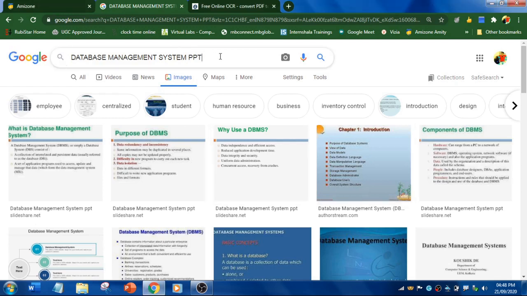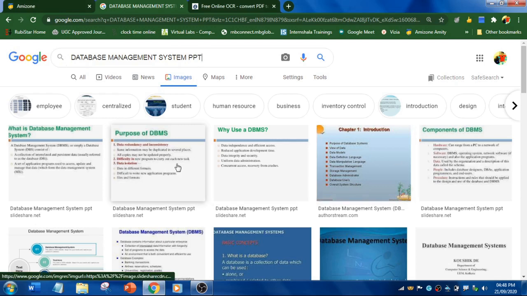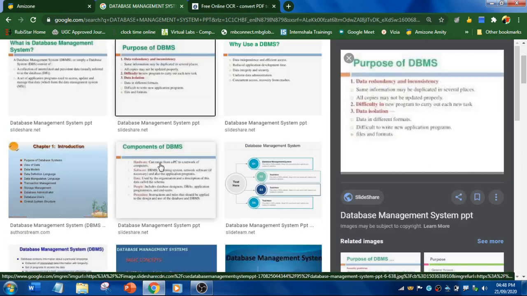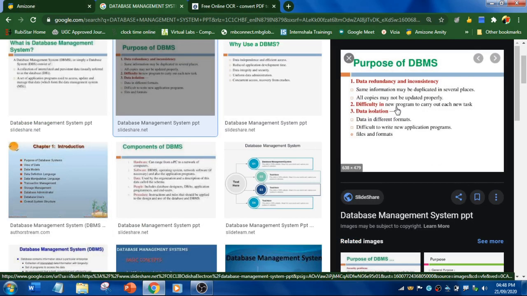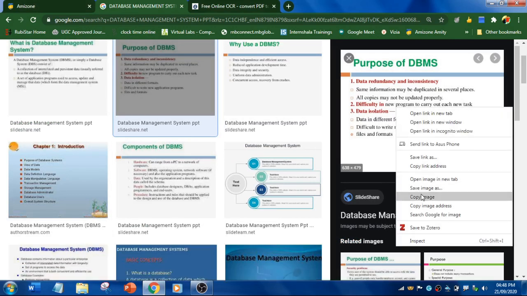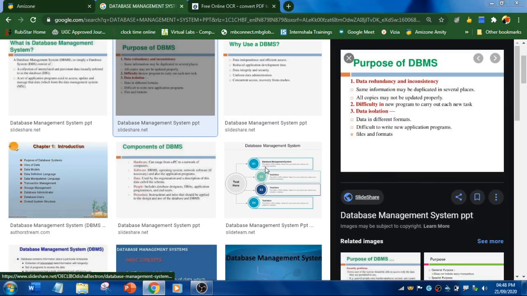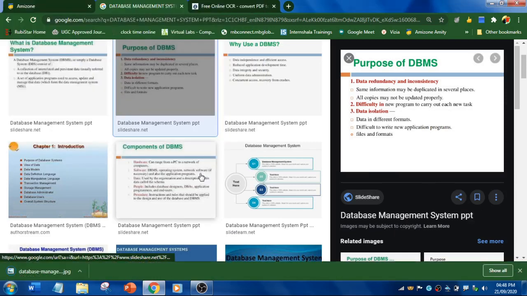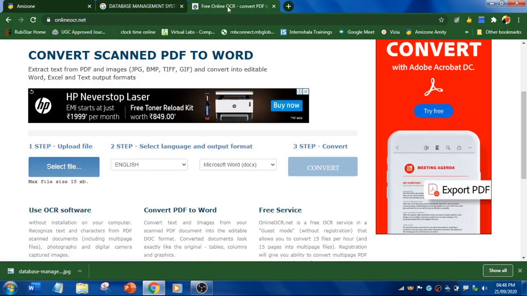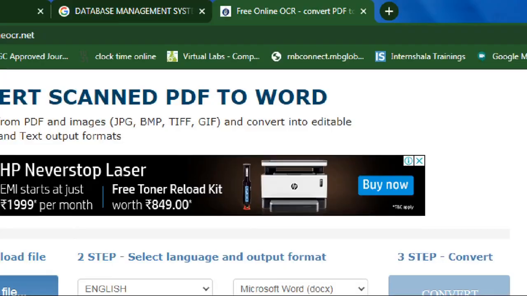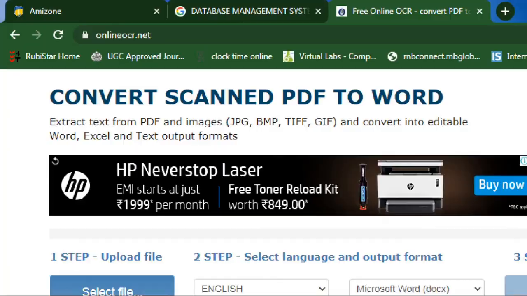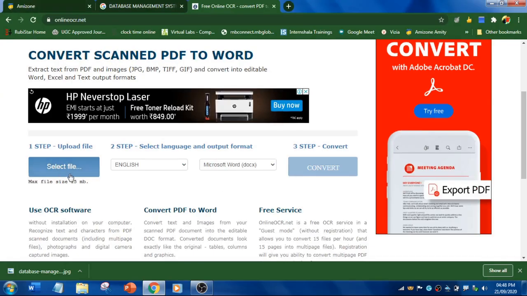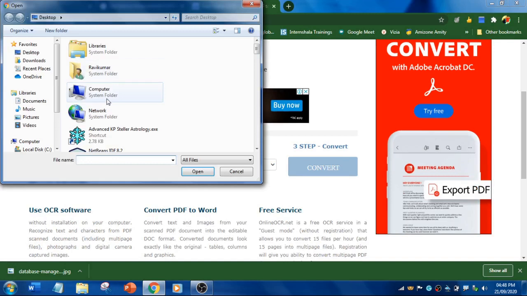So this is my search result and I have got a few images here. Let's take this image and I'm going to save this image and put this one on the desktop. It is saved and you just go to onlineocr.net. So this is the website, and the second step is to select the image file which you have saved,